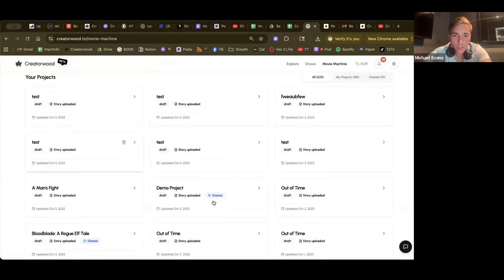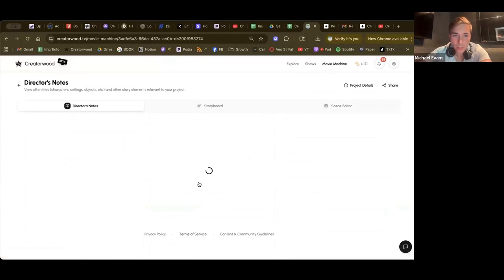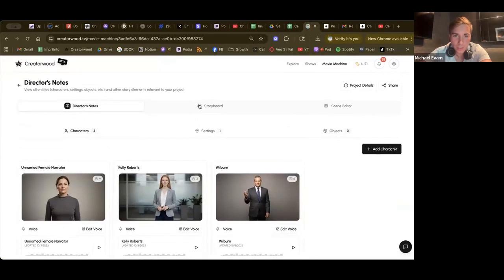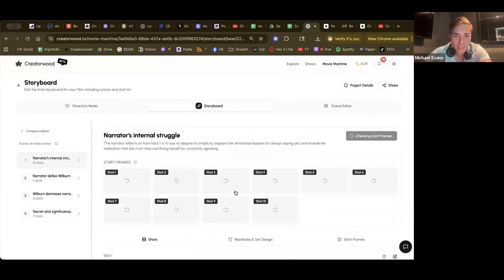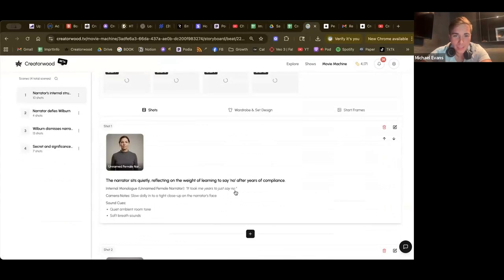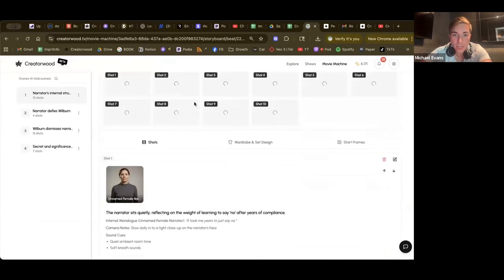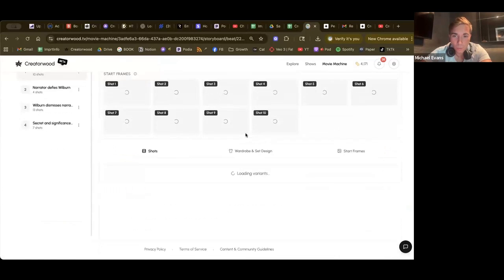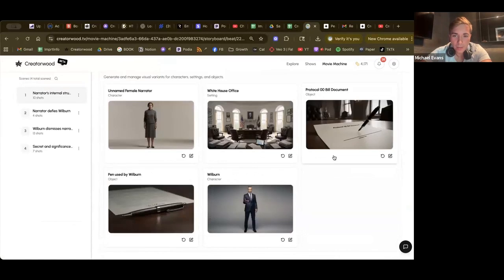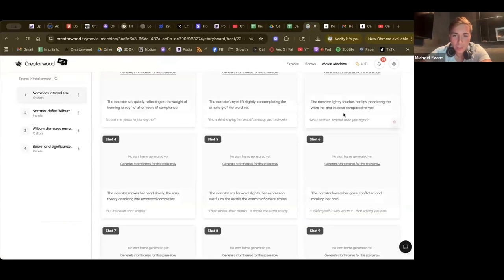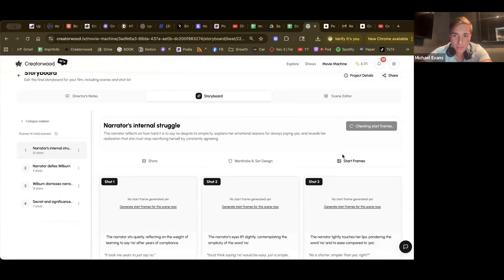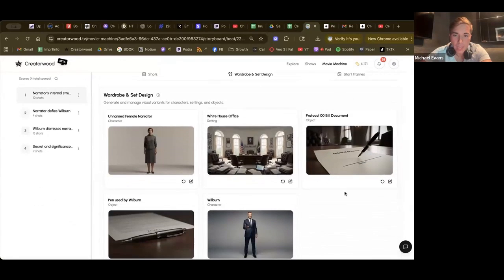So how it looks is this. We'll go to this project. This is a small test project that we uploaded. Not much is in it, but it gives you an idea of what it would look like. So now when you go into your storyboard, which you will see now, there's shots, wardrobe and set design, and then there's start frames. And I haven't generated the start frames yet for this shot in particular,